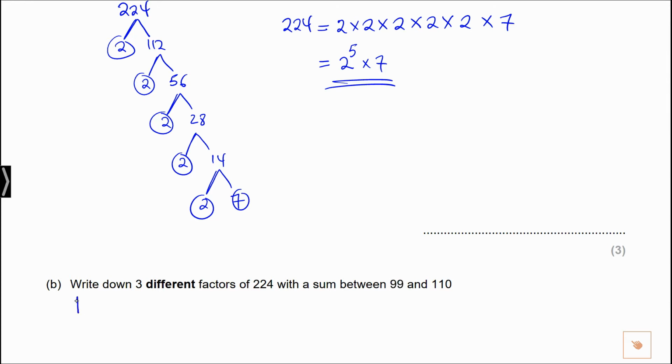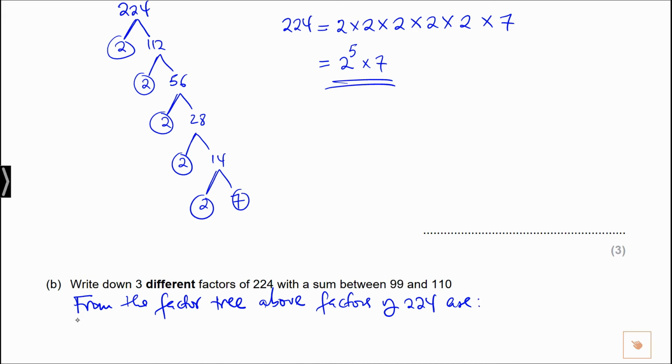So from the factor tree, we can say that factors of 224 are,